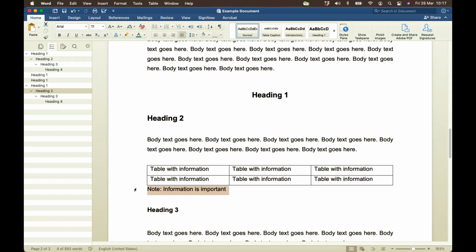So if you have tables and figures in your document, some people manually number their tables. What that means is that if you add a new table or figure into your document, you then have to renumber the entire document's tables or figures. But if you add captions to it using the references tab, then if you add a table in the middle of your document, it'll automatically renumber your tables and figures to accommodate that new